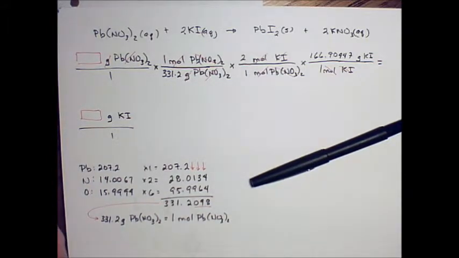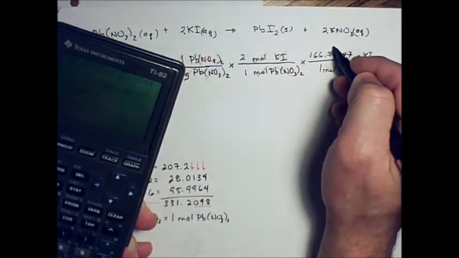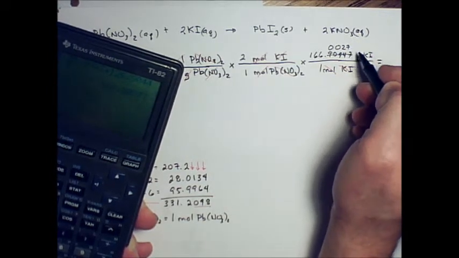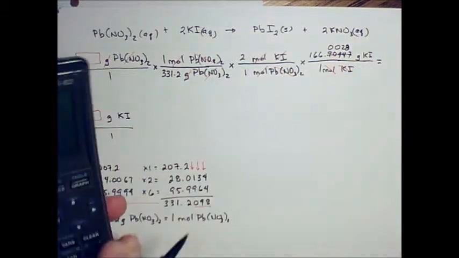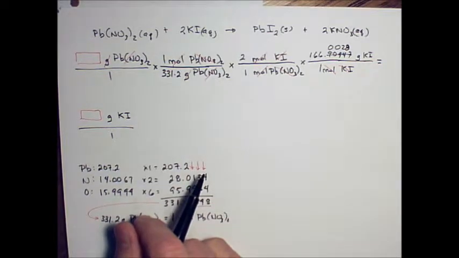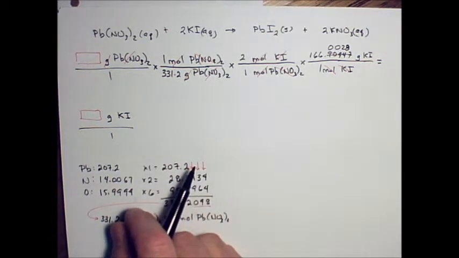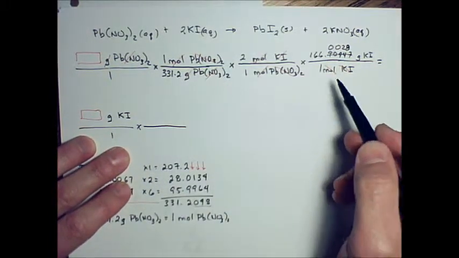39.0983 plus 126.90447. Oh, you know what? You're right. 00277. Yes, sir. Okay, and you'll round that up to an 8, right? Yes. Okay, that's what it should be. You're right. It was .20277. That'd be .002. I still got the same answer though, either way. Yeah, by the time you round it off, you get the same answer. That's fine. Okay, so if you started with the mass of potassium iodide, basically you're going to invert